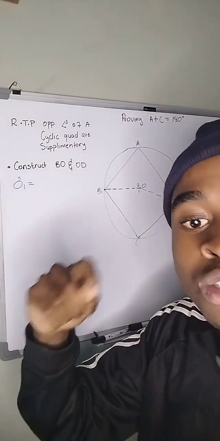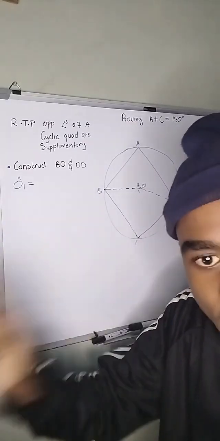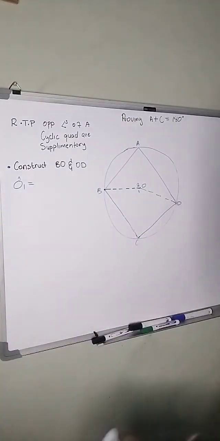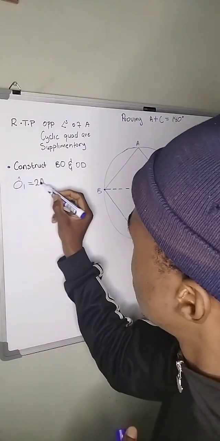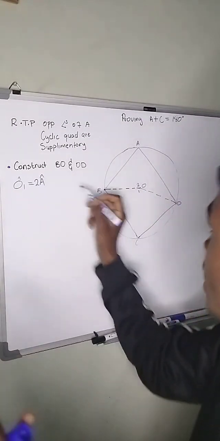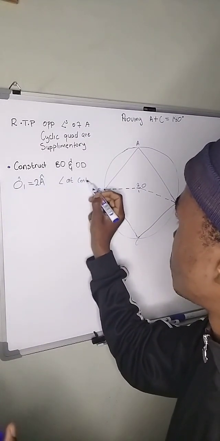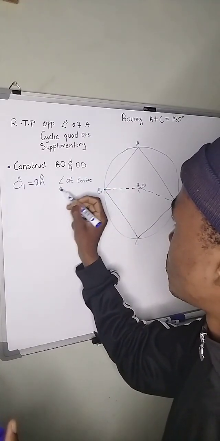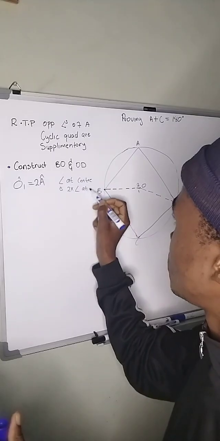It's going to be equal to 2A, not A. Thank you very much. This O1 is going to be equal to angle 2A. Reason: the angle at center is 2 times angle at